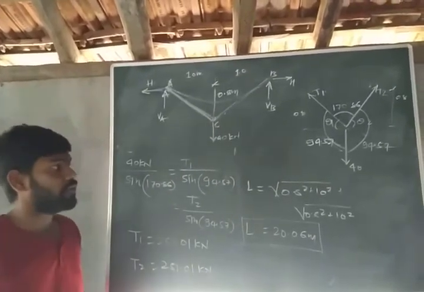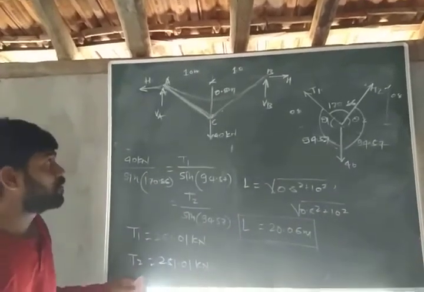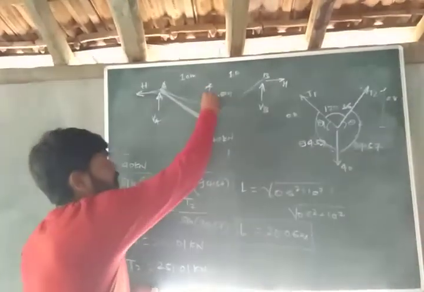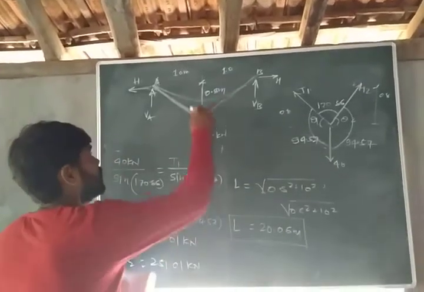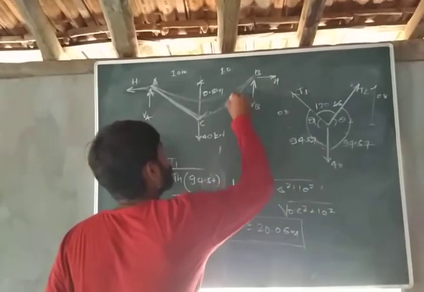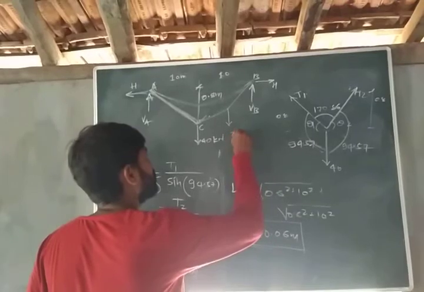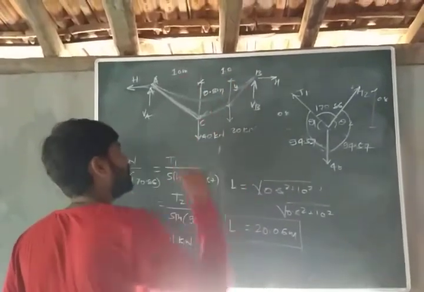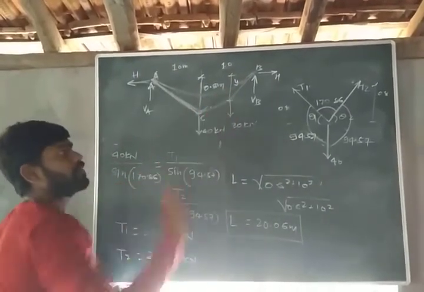So this is how you can apply equilibrium equations for the cable, and you can calculate the tension in the cable, the length of the cable, and also the shape of the cable. Suppose the number of loads are given and the depth or deflection of any one point is given, you can calculate it for the other points also. Suppose this is 0.8 and somewhere in between one more load is there, let us say 20 kilonewton, and you want to calculate this y. If you know the value of h, you can calculate the distance y.